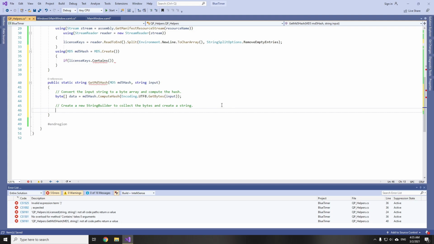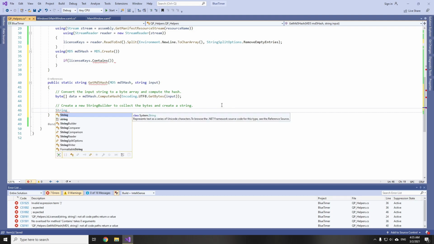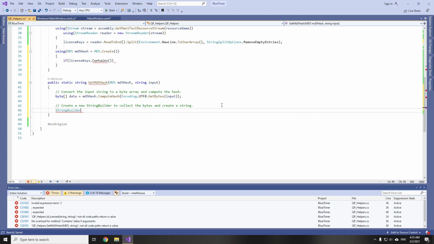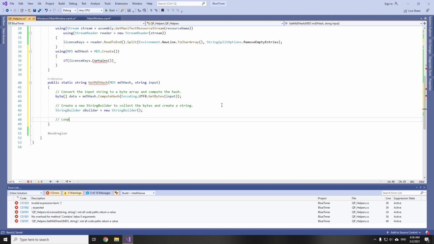Let's call it builder and set it equal to new StringBuilder. Then you loop through each byte of the hashed data and format each one as a hexadecimal string.